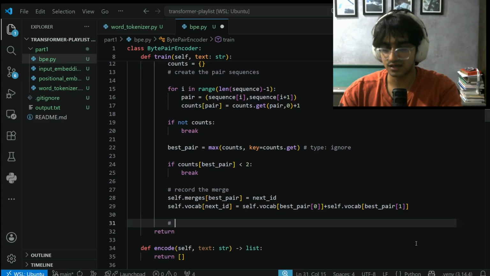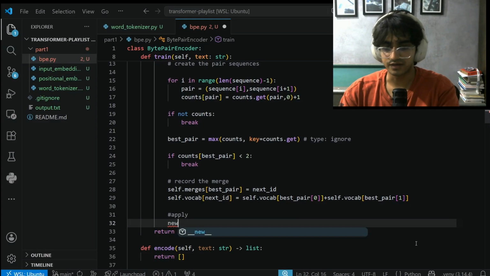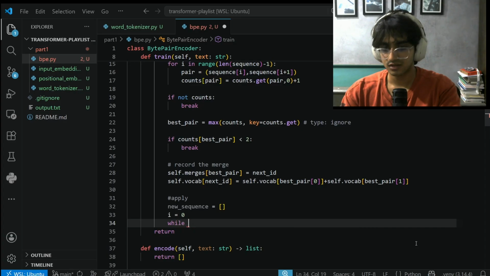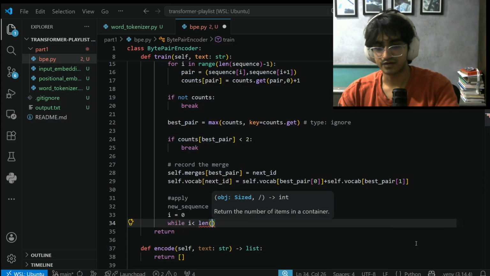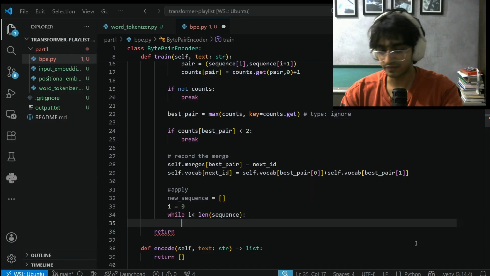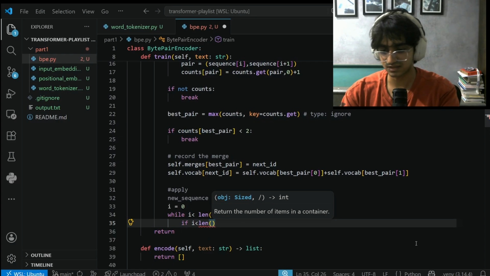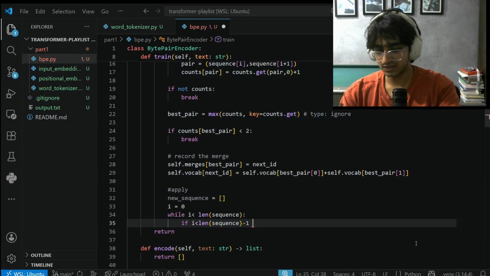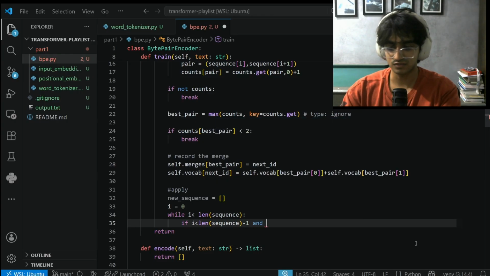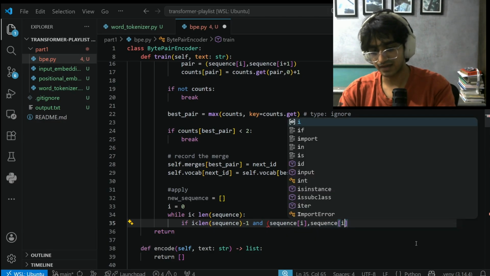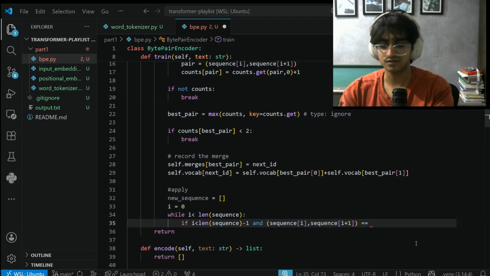Then what are we going to do now? Let's apply these merges. So we're going to need a new sequence. Let's initialize it to an empty list. We're going to need an index tracker. So while i is less than the sequence length, we need to check if the pair is there. First we need to check the edge cases, so i has to be less than length of sequence minus 1. And if your sequence of i and sequence of i plus 1, which should be a tuple, is equal to your best pair,